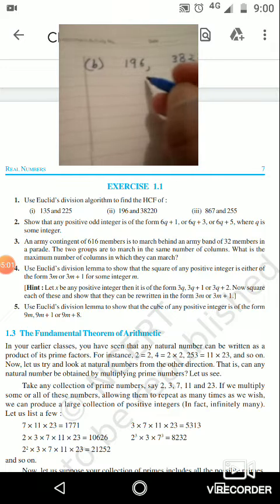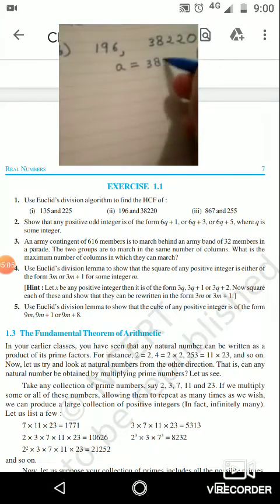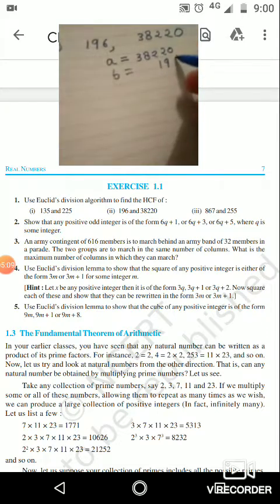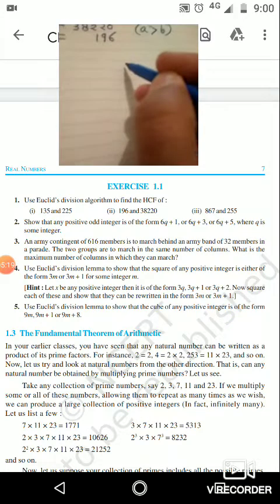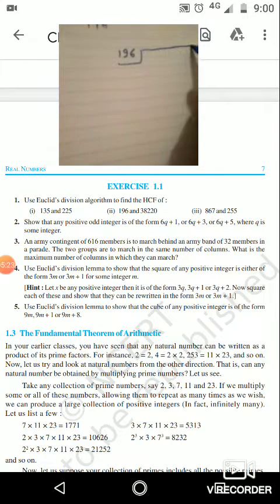First I am taking A as the larger one, 38220, and B is 196, because A is always greater than B. So first I am doing the flow chart, 196 and the dividend is